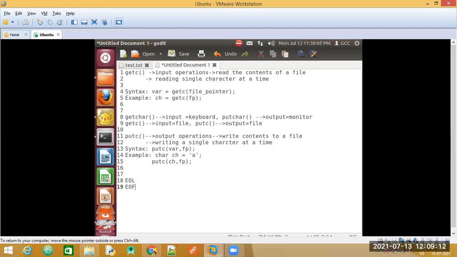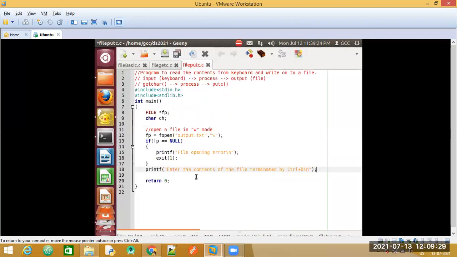When we try to open a file or we create a file using the cat command, we try to type certain letters there. Once we need to save, we press Control D. So the Control D here will act as end of the file. So that is what we are telling the user. So enter the contents of the file means type the contents that you want to type in this particular file. Once you are finished, you need to end it, you need to save it by typing Control plus D.